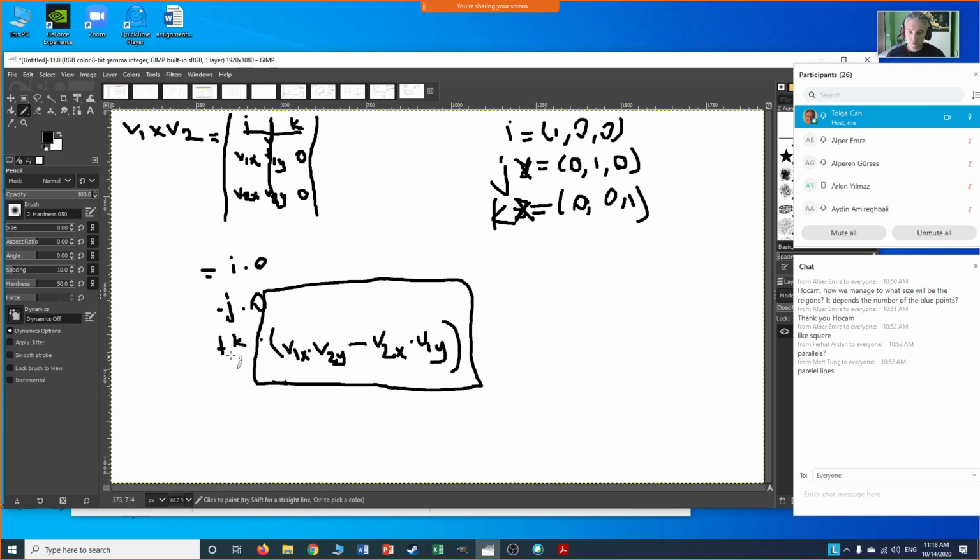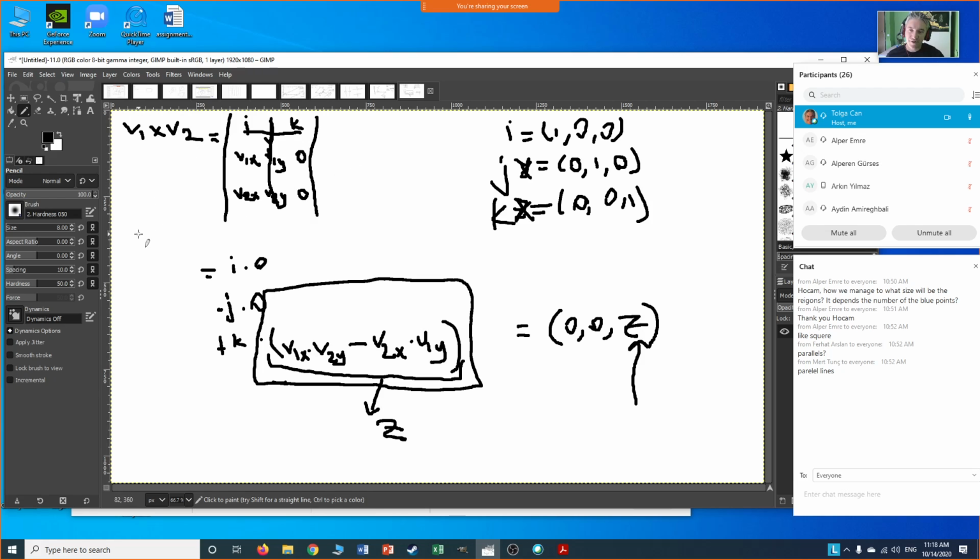Okay, now the cross product becomes a vector like this, 0, 0, and let's call this entity z. Since k was 0, 0, 1, I multiply k with this entity that I measured, and it will be a vector like 0, 0, z. And in most of the problems we deal with, we will be interested in this value z from two points of view. The first is its sign, whether it's positive or negative,